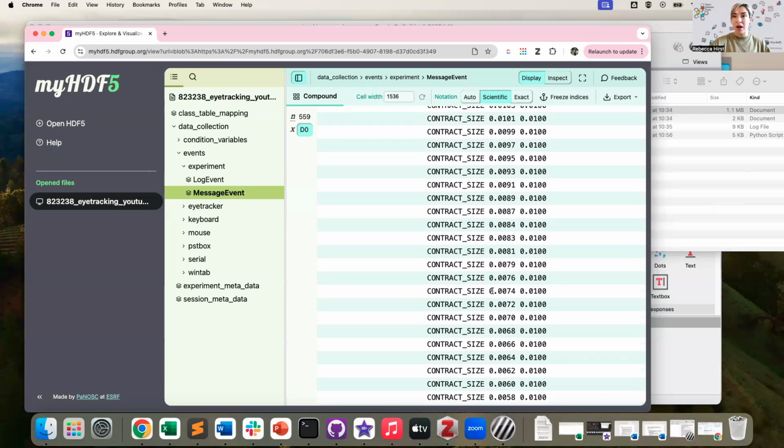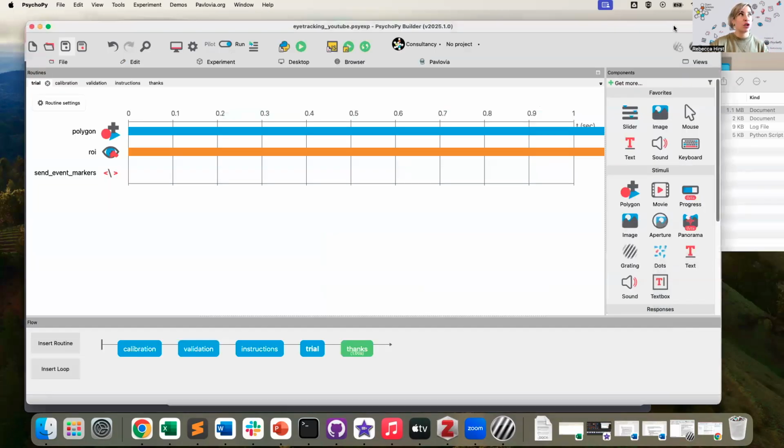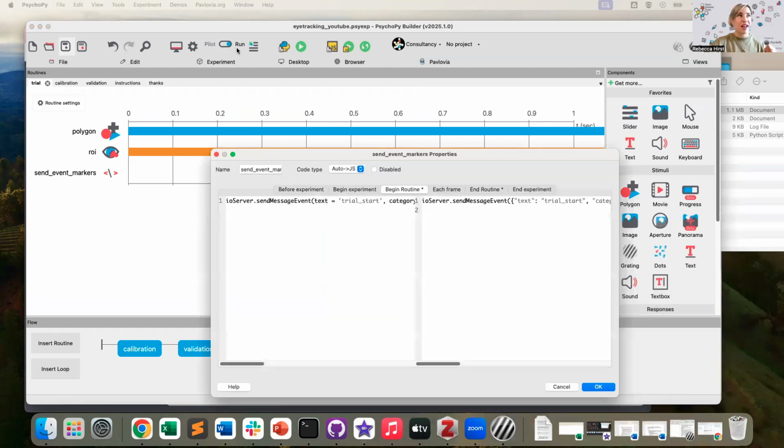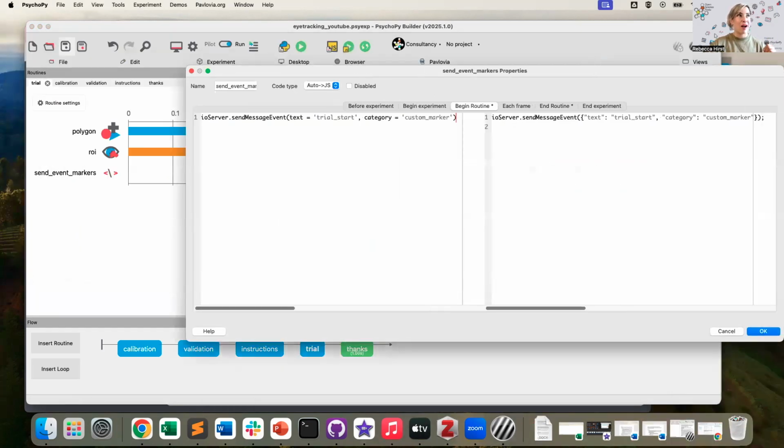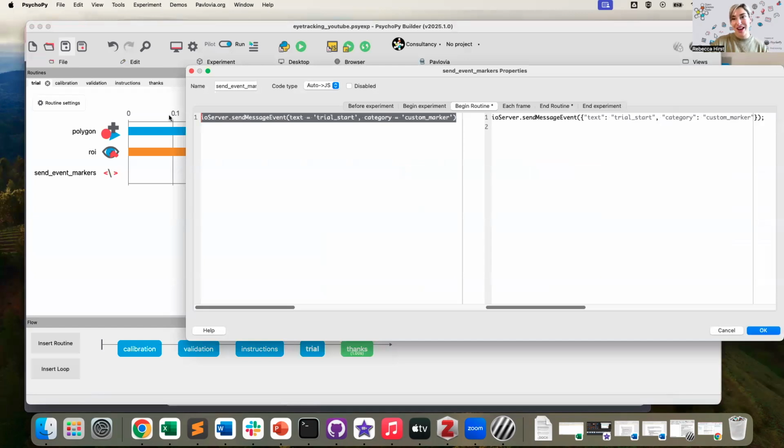For example, for marking the beginning and end of a trial, or when a certain image was on screen. In order to do that, you can go to your builder file, and we do want a custom code snippet. However, this custom code snippet is literally one line of Python code. I will share the materials for this in the description of this video. You essentially want though